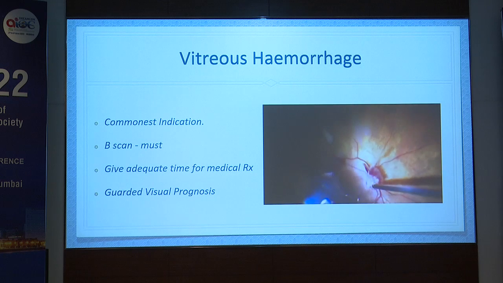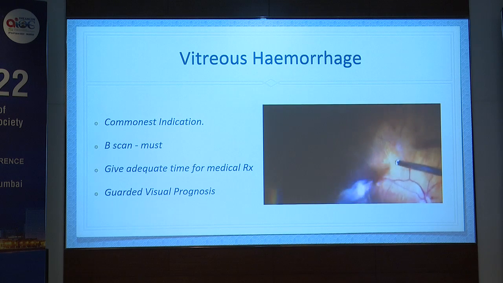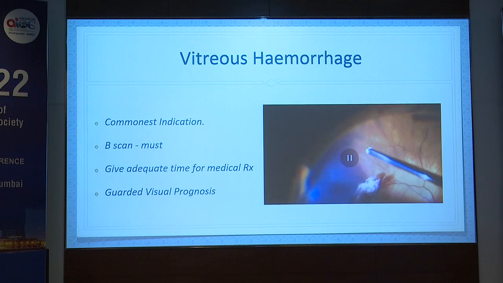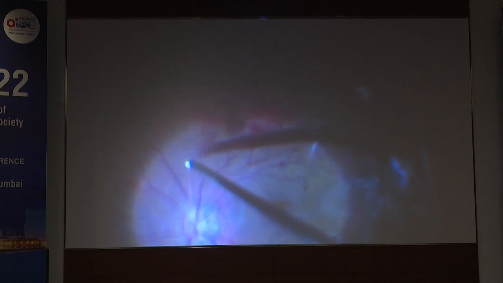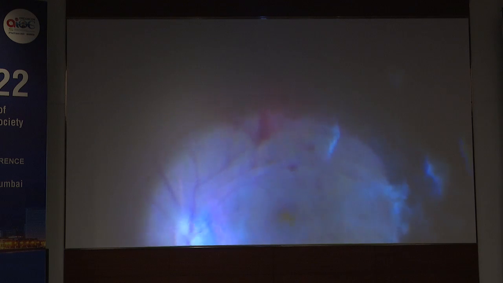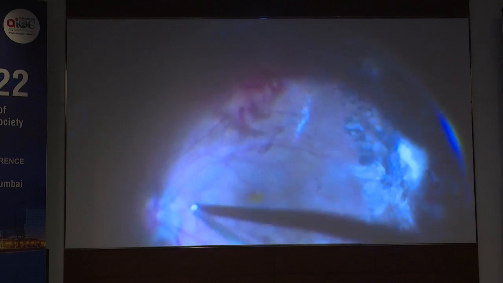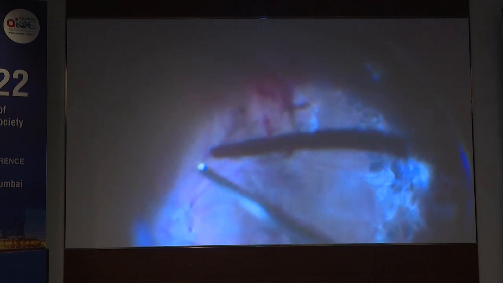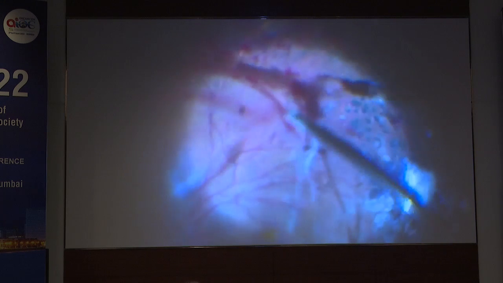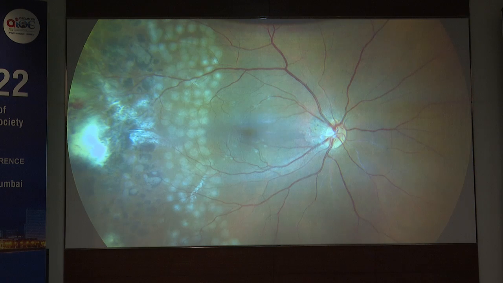Now, always when you take up a vitrectomy, please give a guarded prognosis, because with the vasculitic element, we really don't know whether the macular area is involved or how it is, and hence we have to be extremely careful when we do vitrectomy. Now, this is the case where vitrectomy has already been done. Most of the core vitreous hemorrhage is gone. But what I would like to drive in is that it's very difficult to induce a PVD in these cases, especially,